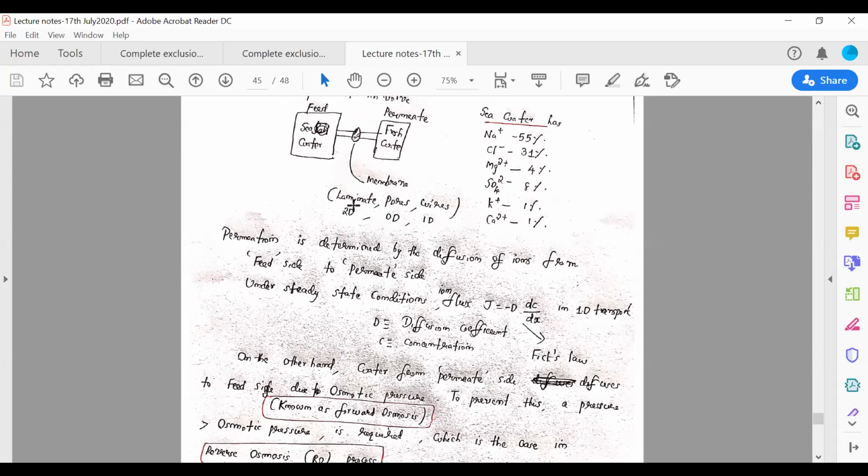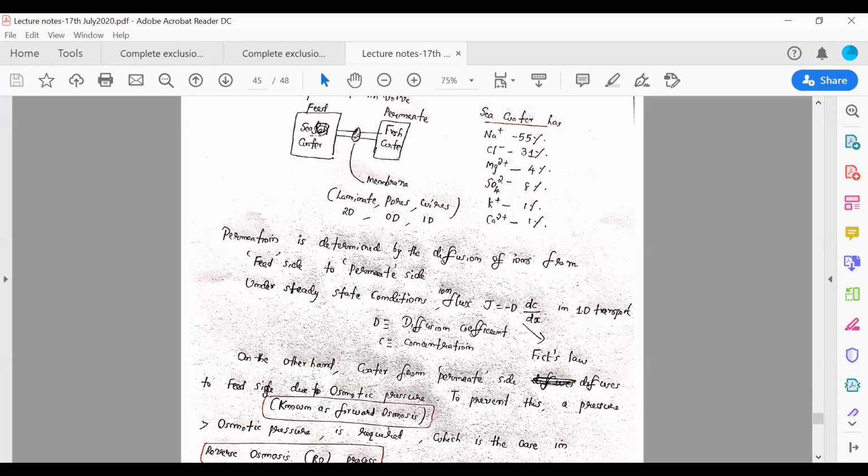But in real applications, you might see a different kind of configuration. For all practical purposes, for all fundamental purposes, this is the way it is done. Because you can measure the flux on the other side. So now if you see here, the concentration of ions is very large because you have ions inside the seawater, and you don't have any ions here or very few.